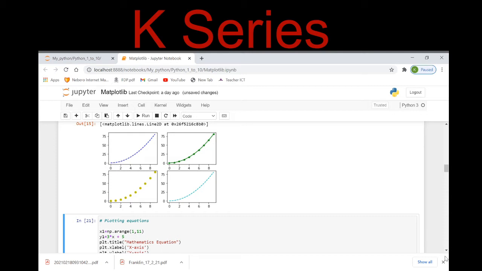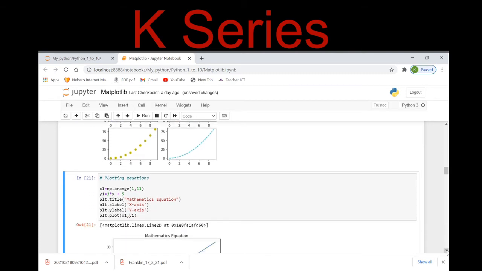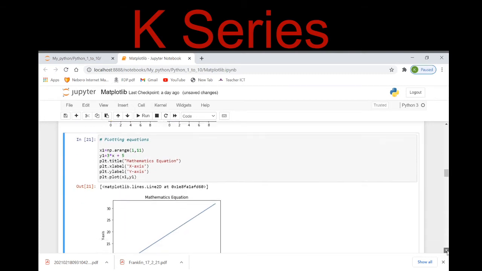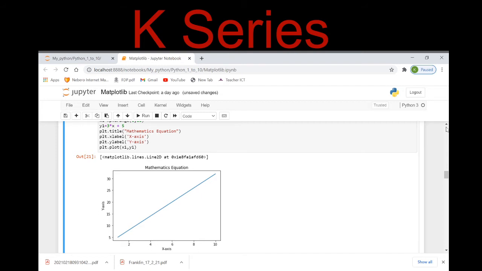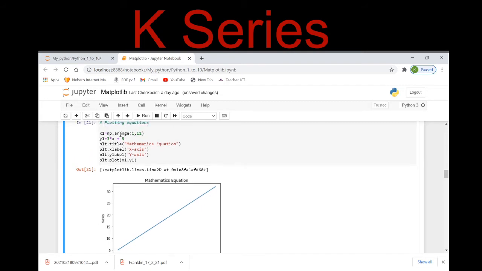Now plotting equations, you can plot equations also. Mathematical equations can be easily plotted through matplotlib. See here, I have taken x1 as np.arange, and I have taken values from 1 to 11. In the y, I have given the equation, that is every point of x will be multiplied by 3 plus 5.